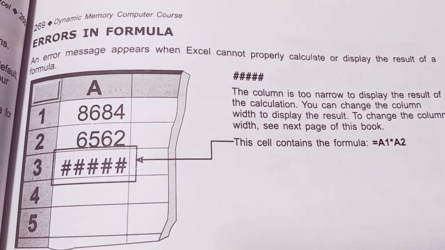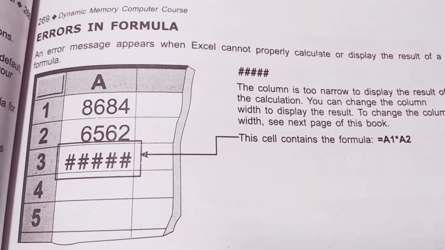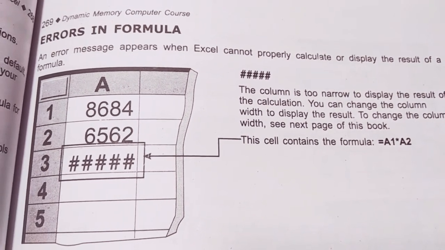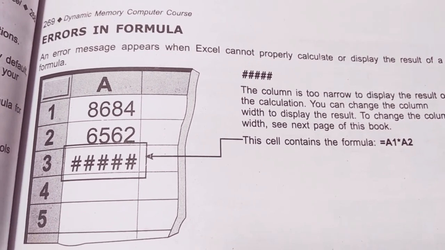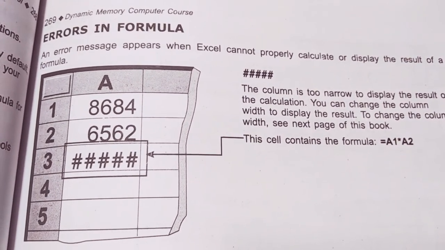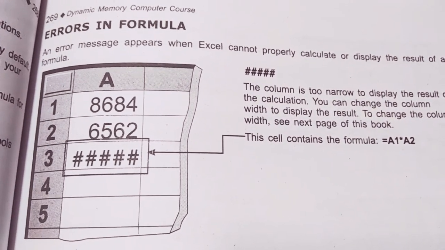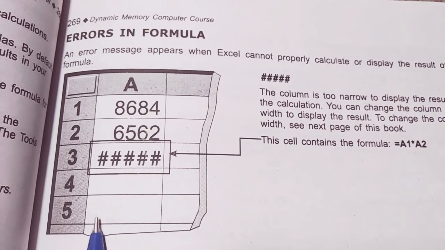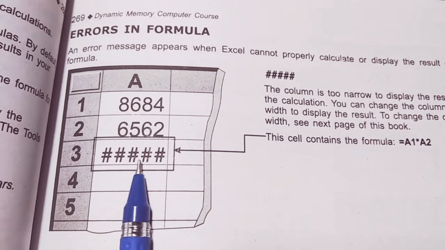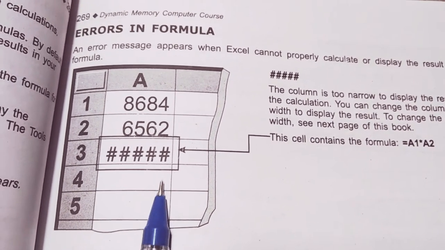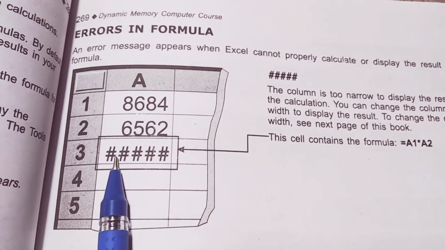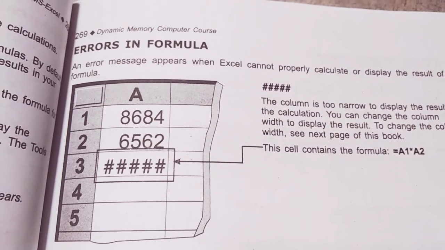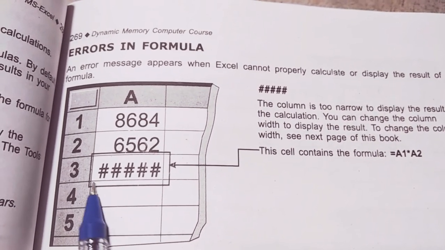Remaining parts of MS Excel is errors in formula. How we can observe the errors in the MS Excel sheets. Like the first thing is formula errors. Most of the time we face these types of errors and see these types of symbols in the worksheet. So what will we do about these errors?